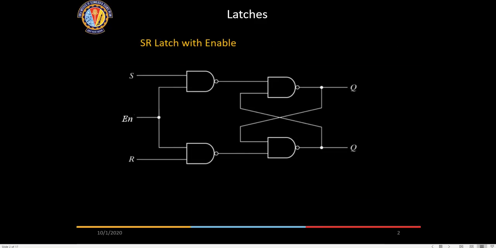So in latches we saw the SR latch with enable, right? And the function also we discussed. If S is equal to 0, the output will be set to 1, and if R is equal to 0, the output Q will be set to 0. And that is when the enable pin is high. If the enable is 0, whatever changes are happening in S and R will not get reflected at the output. Whatever is the previous state, that will be retained when enable is 0. So that is how SR latches work.